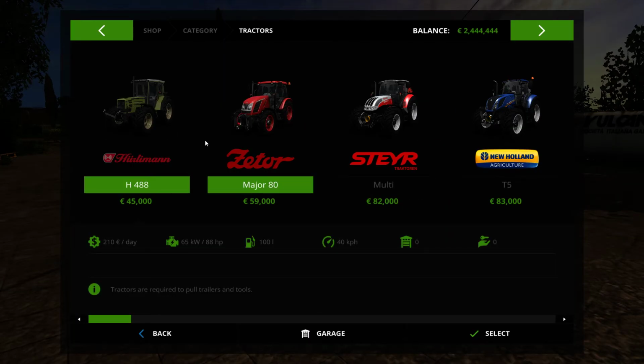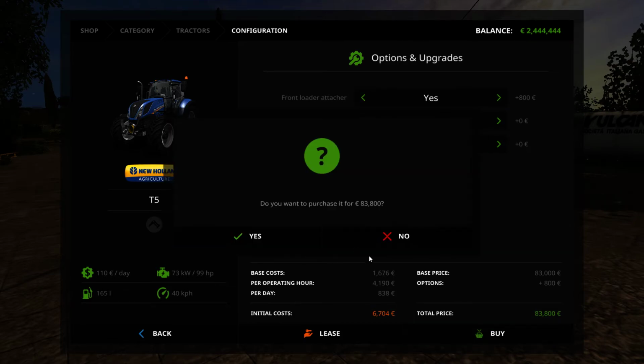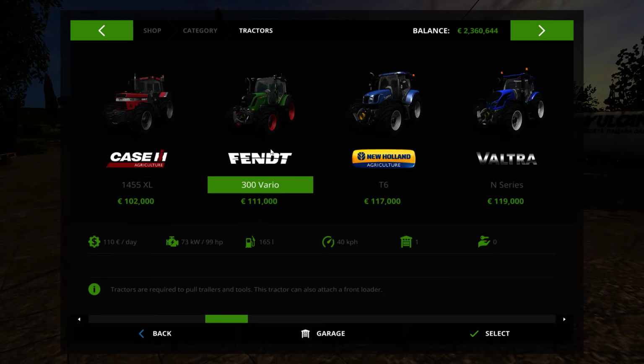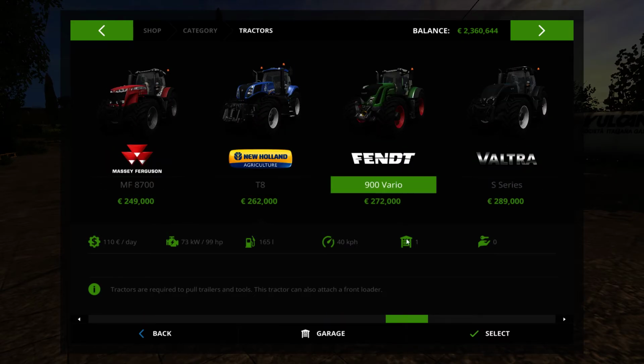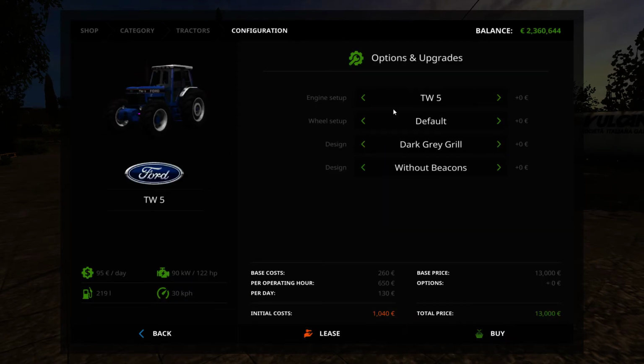First, we are going to need to buy a few tractors. We are going to need a front loader tractor, so for that we're going to take the New Holland T5 with the front loader attacher. We'll buy that. We are also going to need a medium-sized tractor, so for that we are going to take the Ford TW series. This again is a mod contest mod. This one is in the category of, I think it's Modern Classic Special or Heritage Classic Special or something like that. So I really like this mod, but I also really like Ford tractors. So we'll buy this one